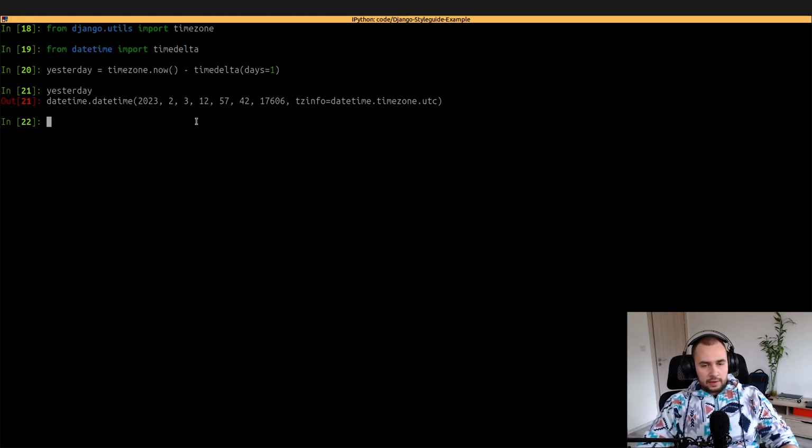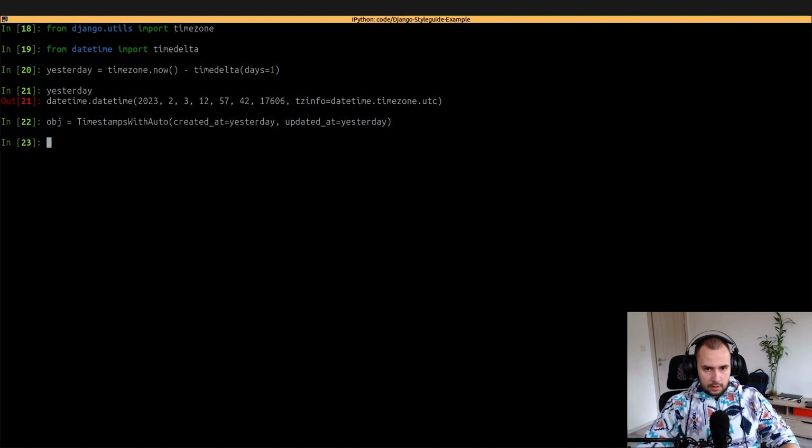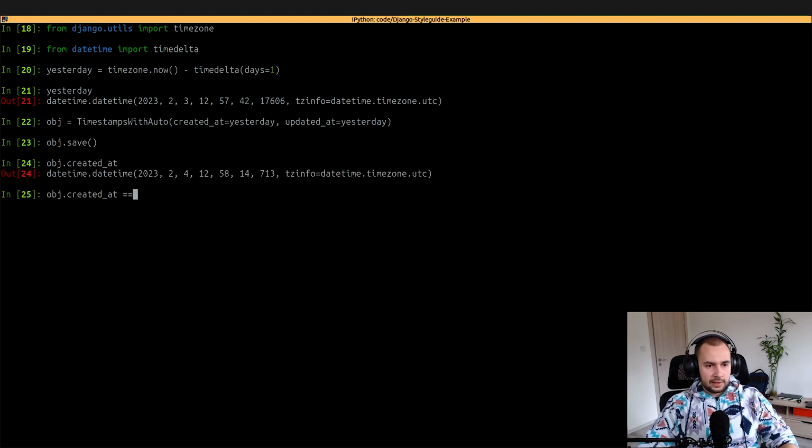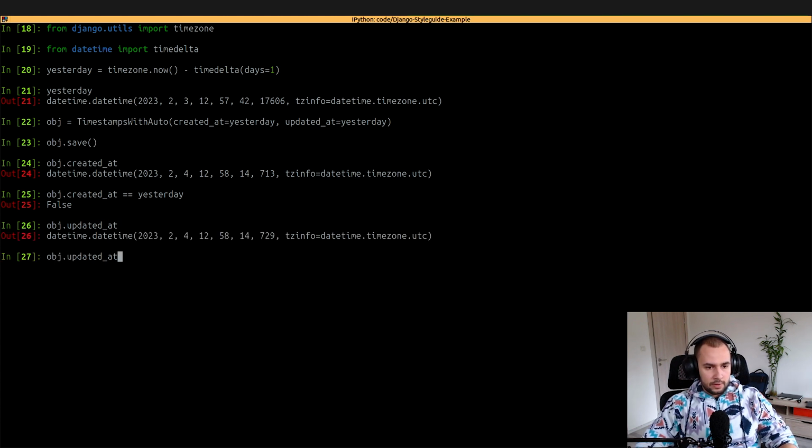All right, and now if I create a new object, timestamps with auto, just like this, but I pass created at equals yesterday and updated at equals yesterday. All right, and I try saving this object. Let's see the behavior. What's created at, and is it equal to the value that I gave it, yesterday? It's not, it's actually today. And the same thing with updated at, is it equal to yesterday? What's the value? Is it equal to yesterday? No,